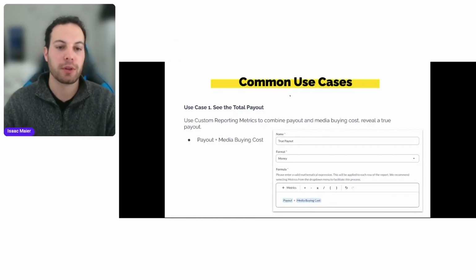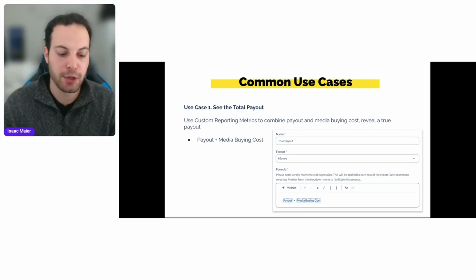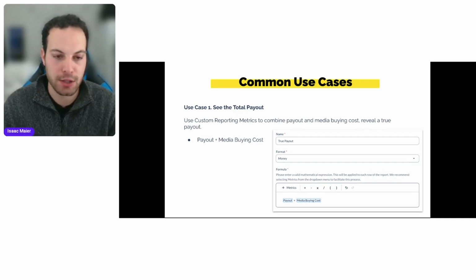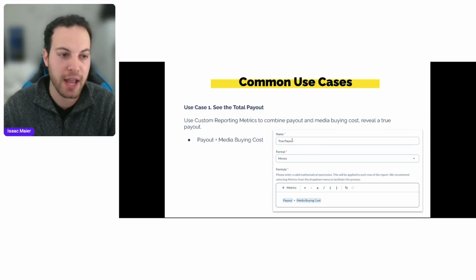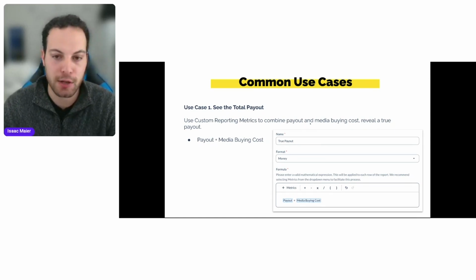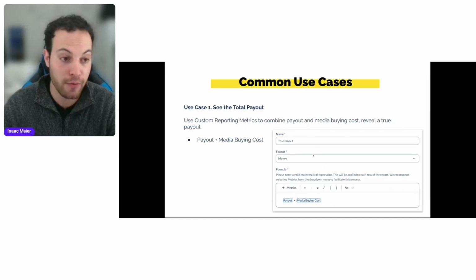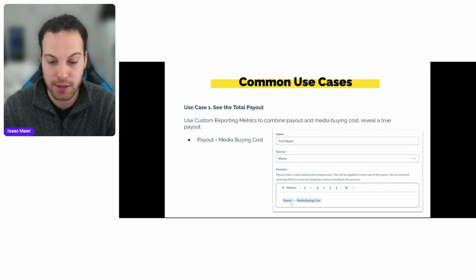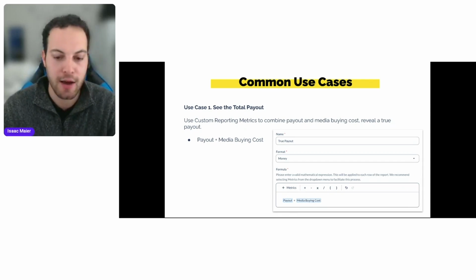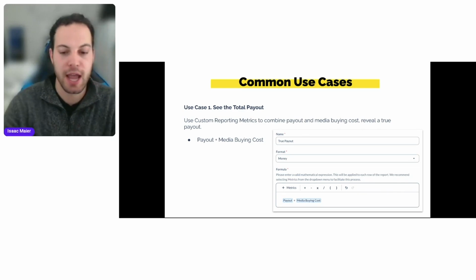So for common use case number one, let's say you want to see the total payout. It should be noted that Everflow has made some big updates to our media buying cost, such as TikTok and Meta. So knowing how much your media buying efforts cost is even more crucial now than ever. So if we want to see the true total payout here, we can use our custom reporting metrics to combine payout and media buying costs to reveal our true payout. As you can see here, we have our payout and media buying cost there to show the total cost that we're using on both our affiliate spend and our